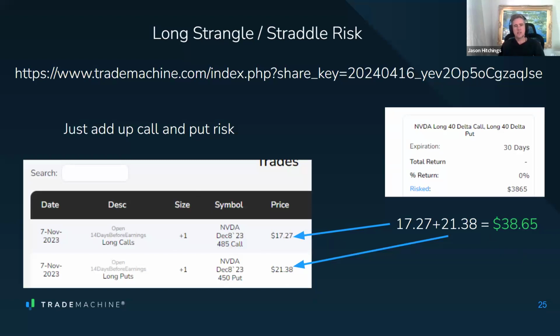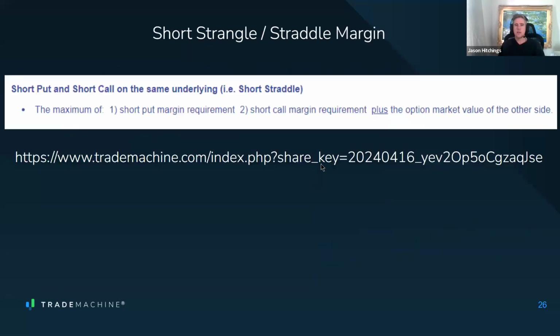So now we're going to look at short strangles and straddles. I know there was a question last time in terms of how those are computed, and someone looked at it. If a question got forwarded to support, I didn't see it, but I know there's a question about it, so I wanted to look at those as well. And again, we're looking at this risk from the perspective of margin. When you're looking at it in margin, we don't just add up the risk of the call and the risk of the put,